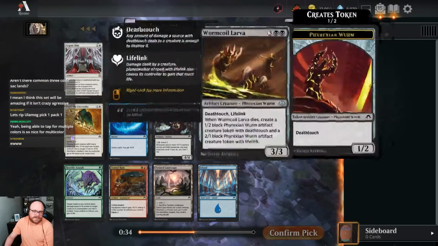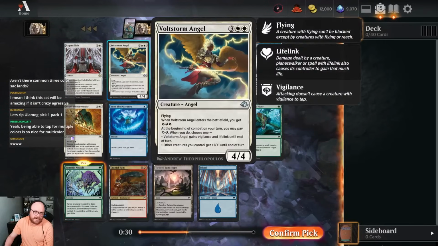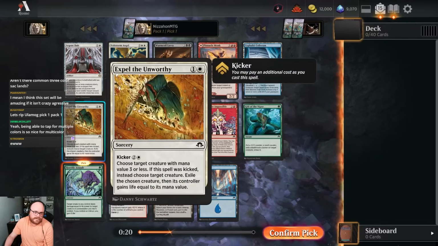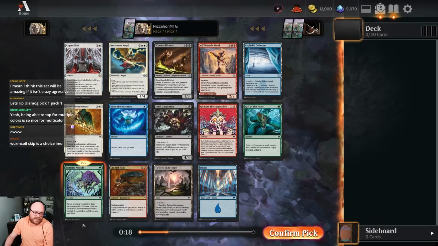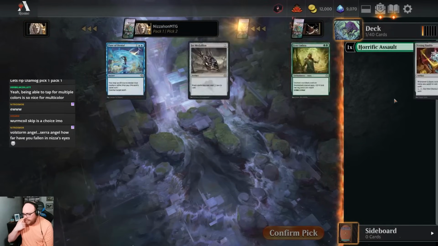Yeah, I mean, none of these are great, and I think Horrific Assault, as boring as it is, is just better than Voltstorm Angel or Wormcoil Larva. So, that is where we're going to go here. We'd have some fixing. Expel the Unworthy's not terrible, but Horrific Assault is certainly better. The Larva's good, but, like,